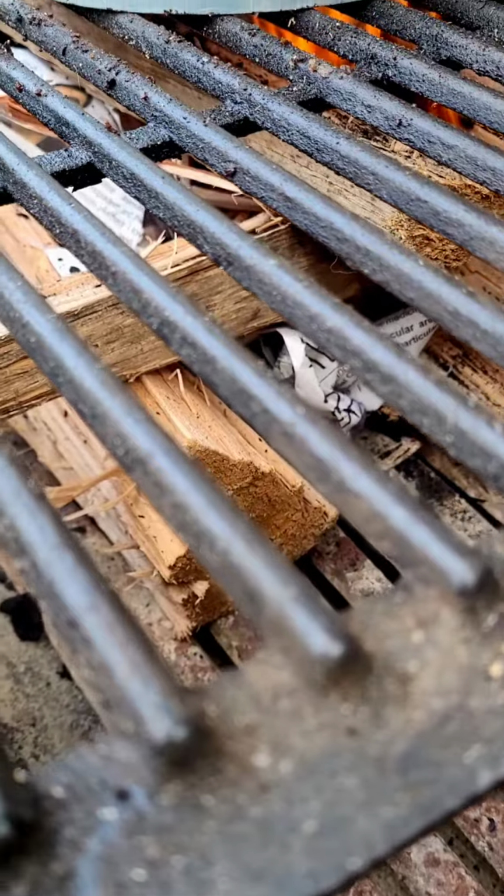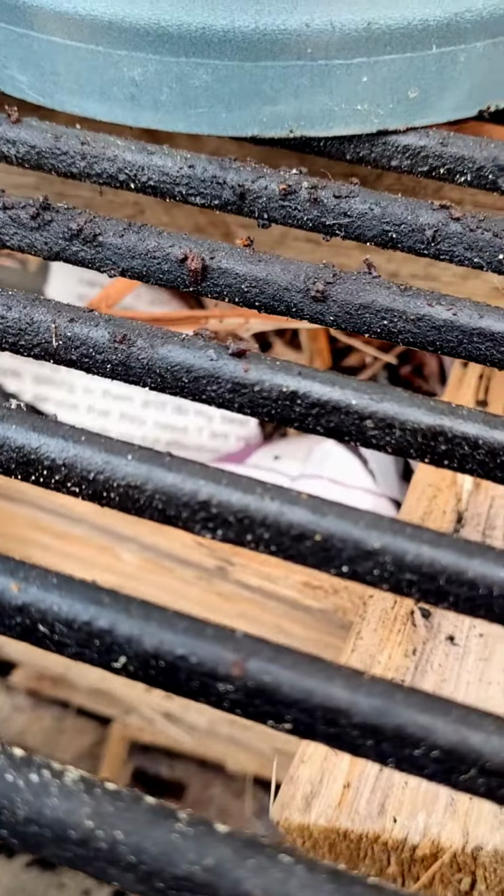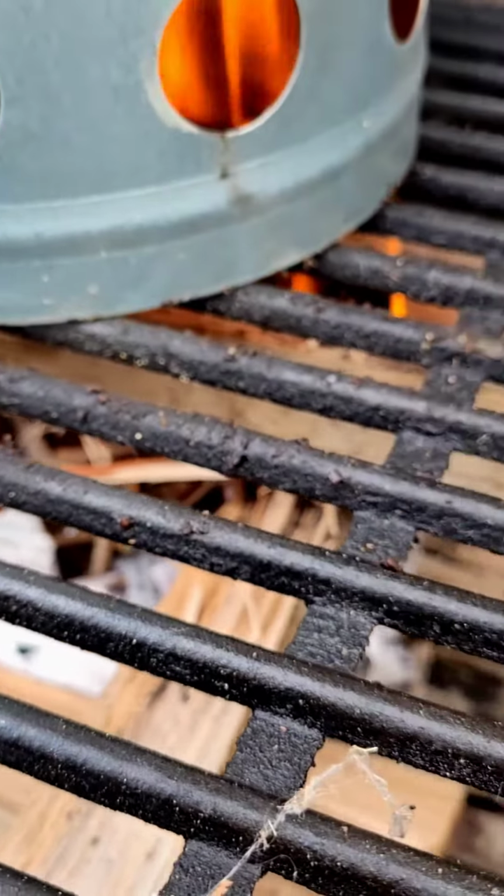Time to do some barbecue. Some kindling, split wood, nice and dry. Newspaper in between, you can probably just see if it will focus. I've dropped a light,